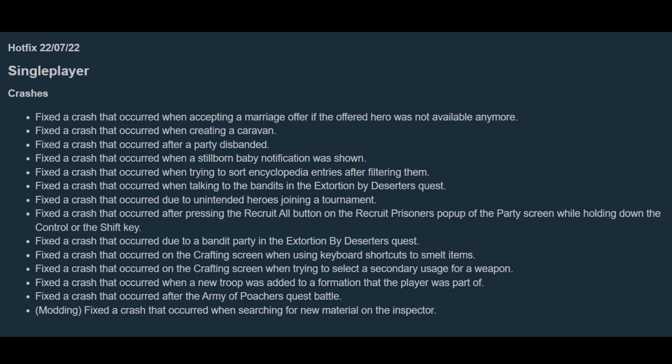First of all, with crashes. When accepting a marriage offer if the offered hero was not available anymore, when creating a caravan after a party disbanded, which I did have a problem with, when a stillborn baby notification was shown, when trying to insert encyclopedia entries after filtering them, that was also a problem I had, when talking to the bandits in the extortion by deserters quest, due to unintended heroes joining a tournament,